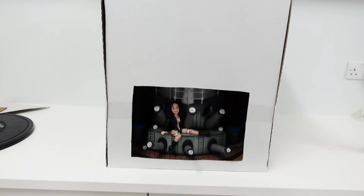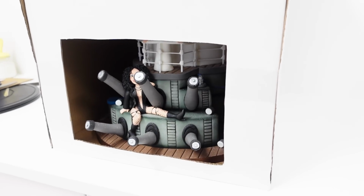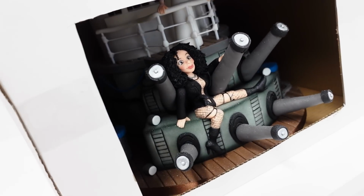I cannot decide if I'm a genius or if I'm absolutely ridiculous, but I have modified the box. Cut a big hole in it. You just see Cher peeping out. I think I might sit with this sideways in the car,